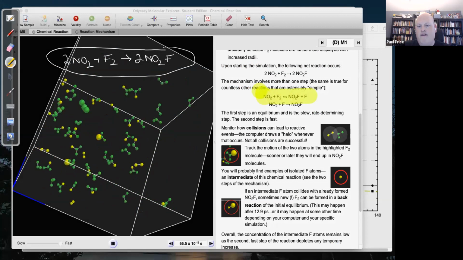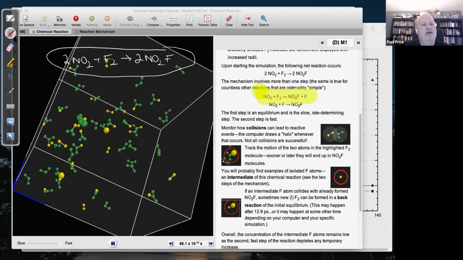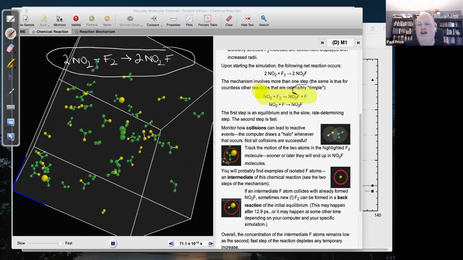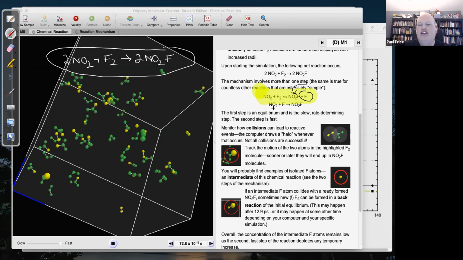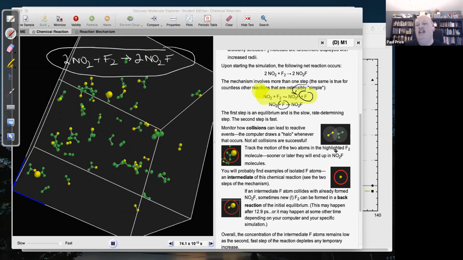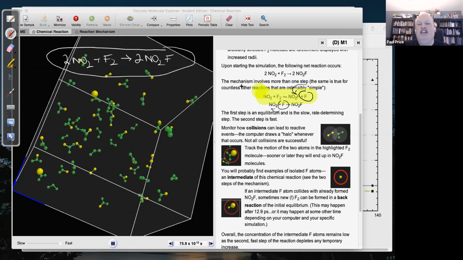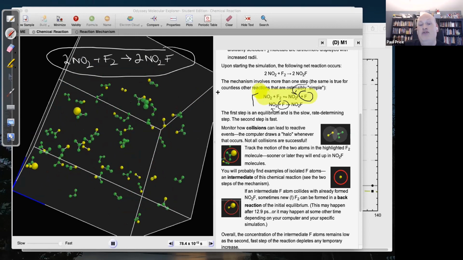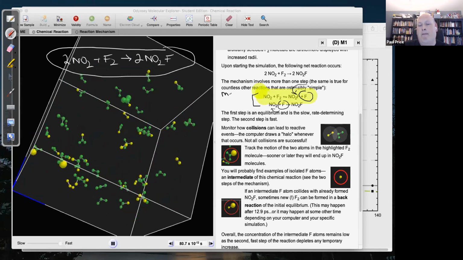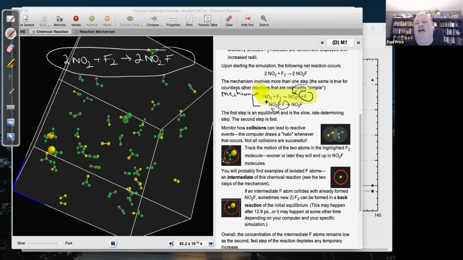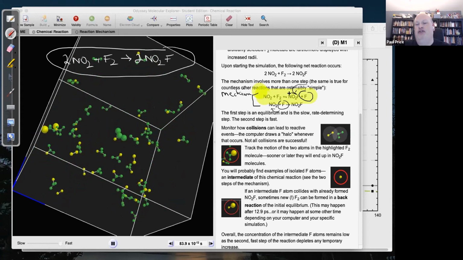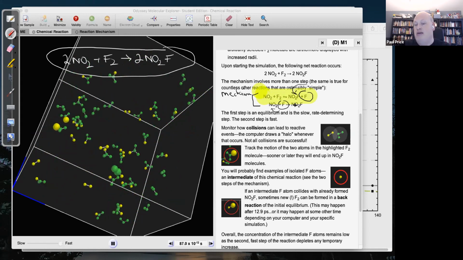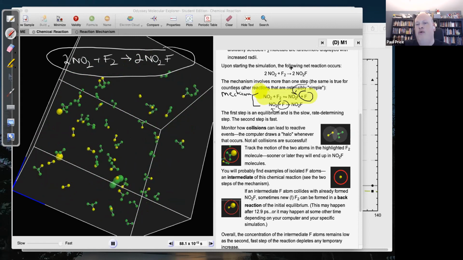So there's one molecule of our product. And notice we make this guy, but then an F later on can collide with another NO2 to make a second NO2F. So if we look, the chemical reaction actually happens in 2 steps. And these 2 steps are called the mechanism. In the first step, an NO2 collides with an F2 to make an NO2F and an F. And in the second step, that NO2F collides with another F to make the second NO2F, which is our balanced